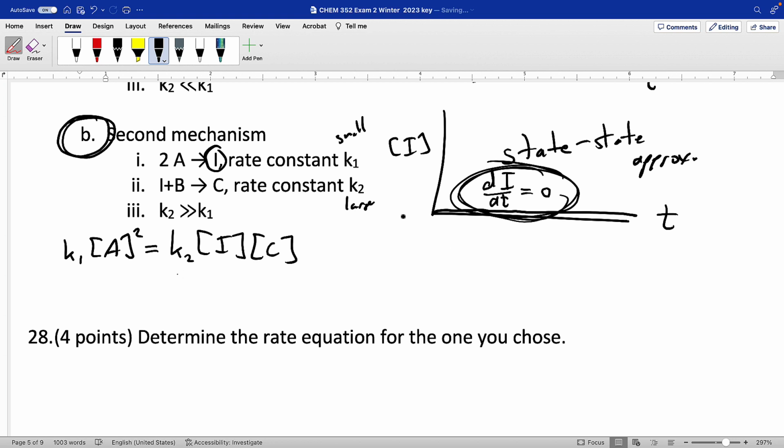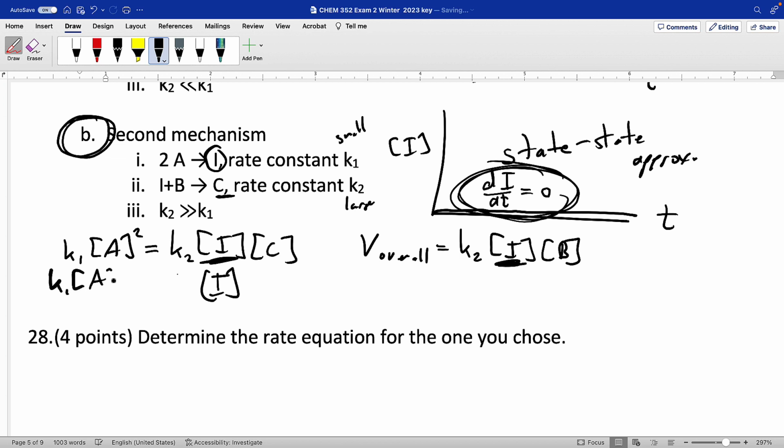And this is going to be important because if we look at the rate overall, if we want to actually make product here, if we want to make C, that's the rate of the second step, k2 times I times B. But you can't put intermediates in your rate equation. You're only supposed to put reactants. So we have to have a way of getting rid of I. But we can do that by solving this equation. So we solve this equation, and we've got k1, we'll divide both sides by k2, and